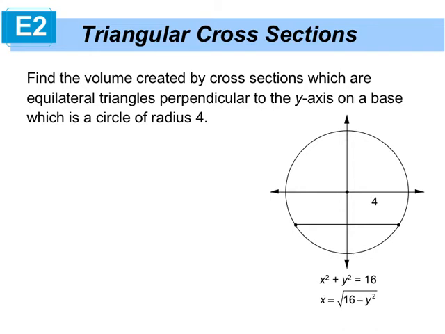Sure. I'm going to work in terms of x. So I solve that equation for x. Now, why am I working in terms of x? This doesn't follow the same rules that the revolutions followed, because notice I have a horizontal thingamajobber here. Normally that would mean we'd work in terms of y. Why? I'm working in terms of x because I need to know this distance. And the way I have my problem set up, that's an x distance. So I want to know the location of this point. This point is at the square root of